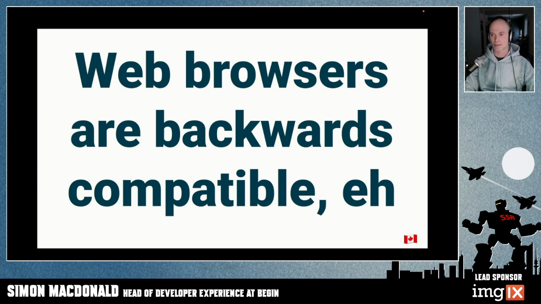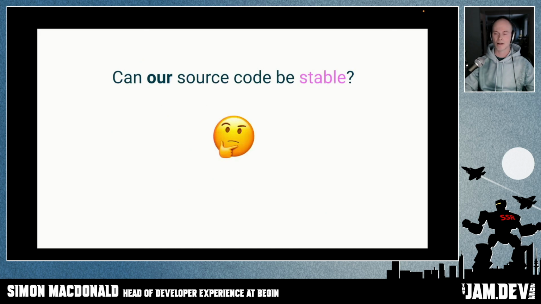And over time, as the browsers became more and more standard compliant, we didn't really need jQuery anymore. So we were able to drop that functionality and use what was in the platform. But if you have a site that was written in 2003, it'll still work, even with an old version of jQuery, because the browsers will take care of that for you. So we have to ask ourselves, if the browsers can be that stable, can our own source code be that stable as well? And I would posit that breaking changes are optional.